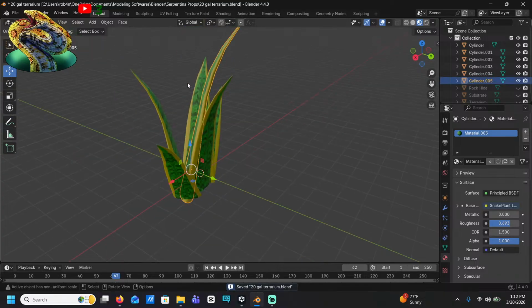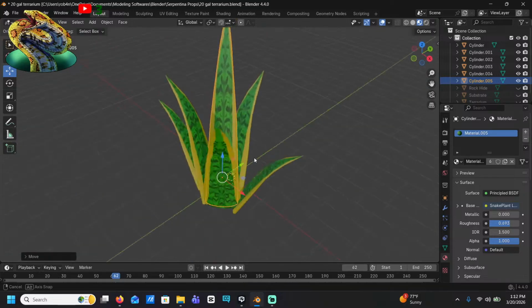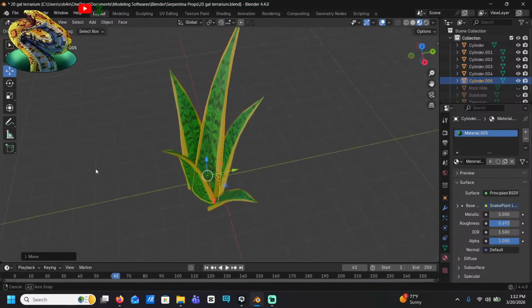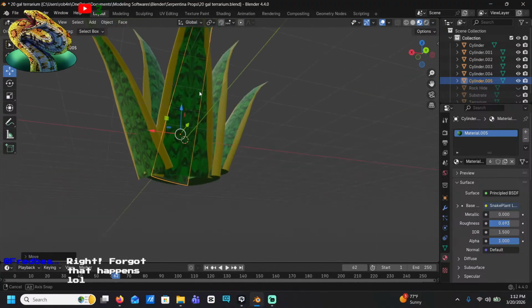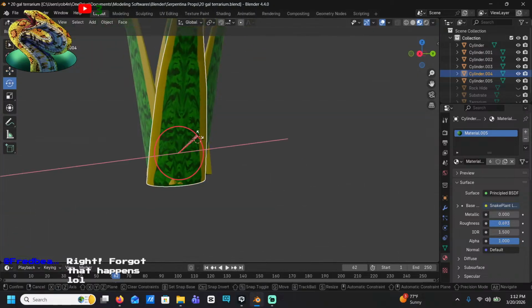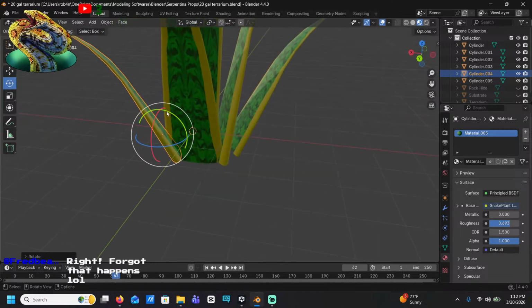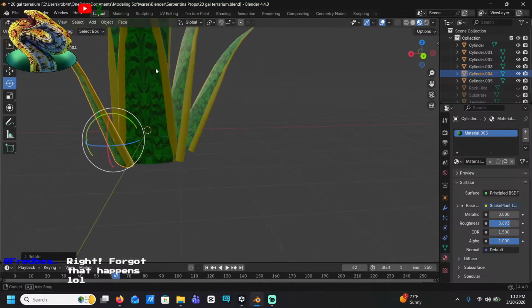Alright, let me finish rearranging these, because they're not good yet. Decent, decent. It's connected, therefore it's decent, but it's not all the way decent. There we go. Now it's decent.